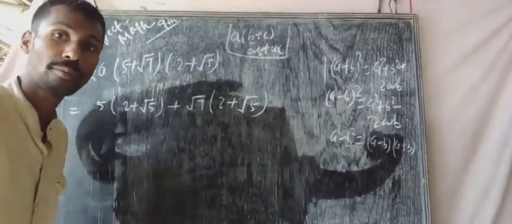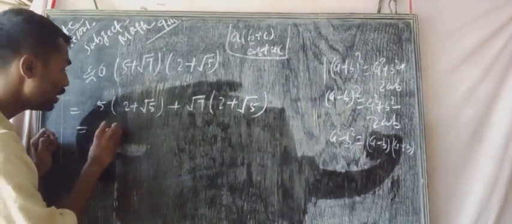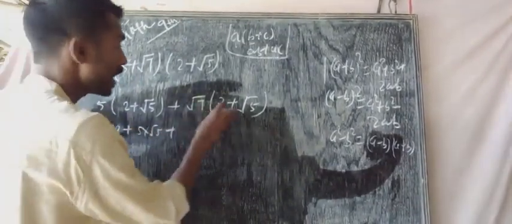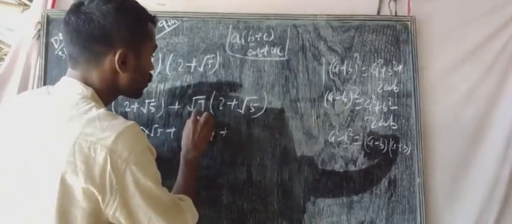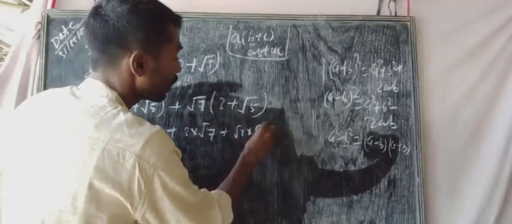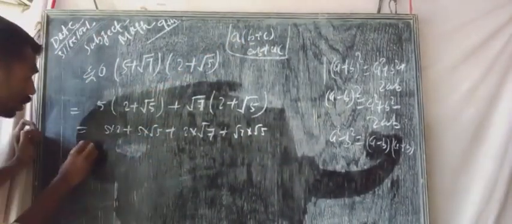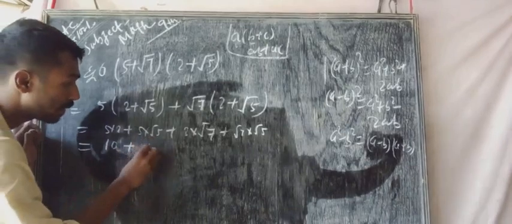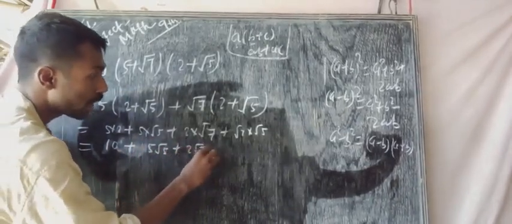The answer: 5 into 2 plus 5 into root 5 plus 2 into root 7 plus root 7 into root 5. Now 5 into 2 is 10, plus 5 root 5, plus 2 root 7, plus